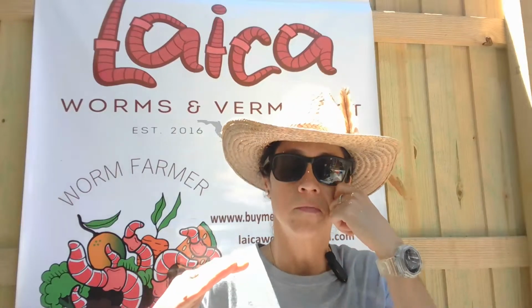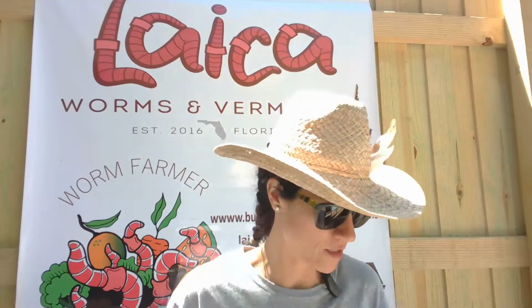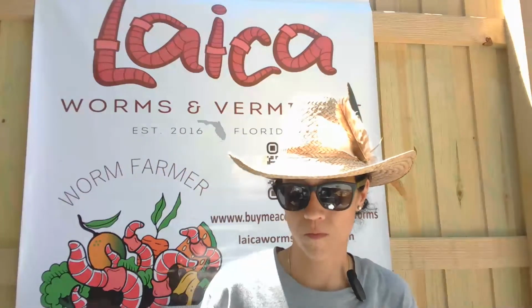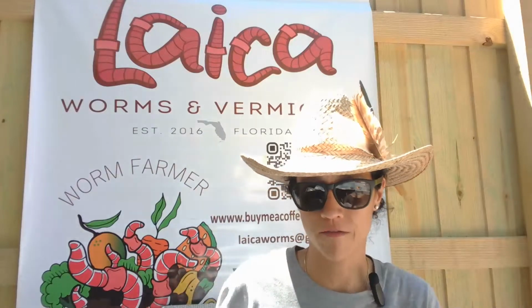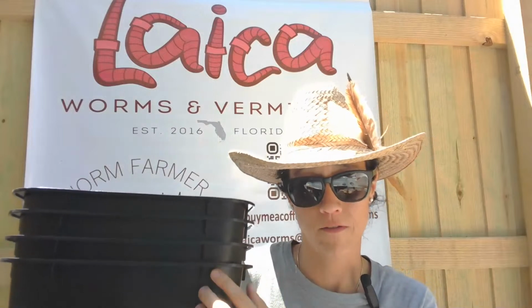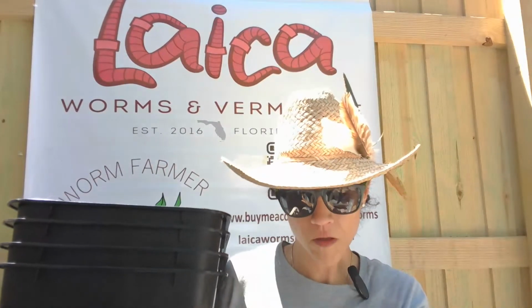And so when you have your worm tower, you're going to have different trays. So you have, let's say, 4 or 5 trays. And it's important for you to be aware of which tray you're feeding and which tray you're separating from the worm farm so you can harvest your worm castings. So when you have your worm farm, you have, as I said, your 5 trays. For the first week, you're going to set up your first tray, and then you're going to put your lid on top of it, and then you're going to wait for the worms to eat